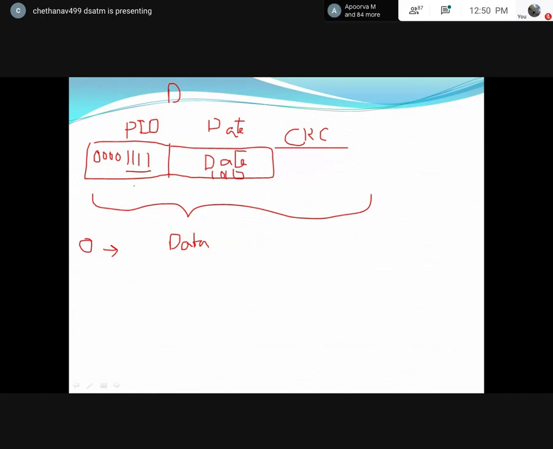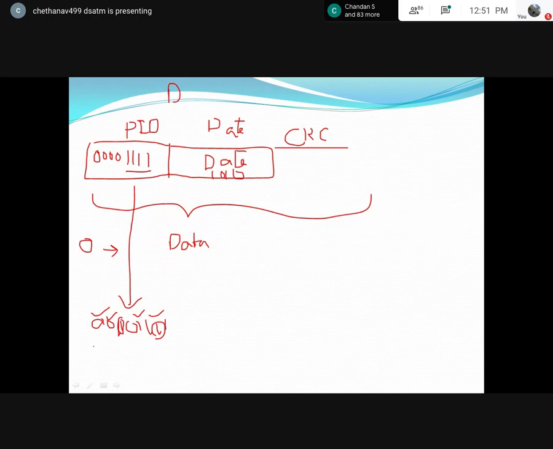Now suppose this data packet is received by my receiver. Assume your processor will receive it. Now suppose somebody altered your packet ID. At that time, what will happen? It looks like 00101111, isn't it? See, negate of 0 is 1, negate of 0 is 1, correct. But here, when a 1 comes, the value is 1. On negating, you're getting some mismatch.